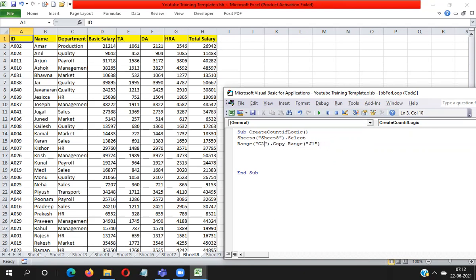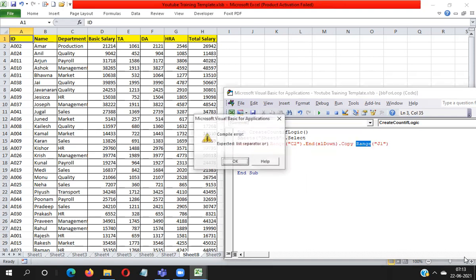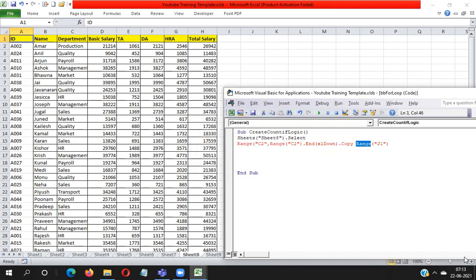First take C2, then take a range, again C2, then after C2 put a closing bracket, dot End xlDown, dot Copy, and then Range.